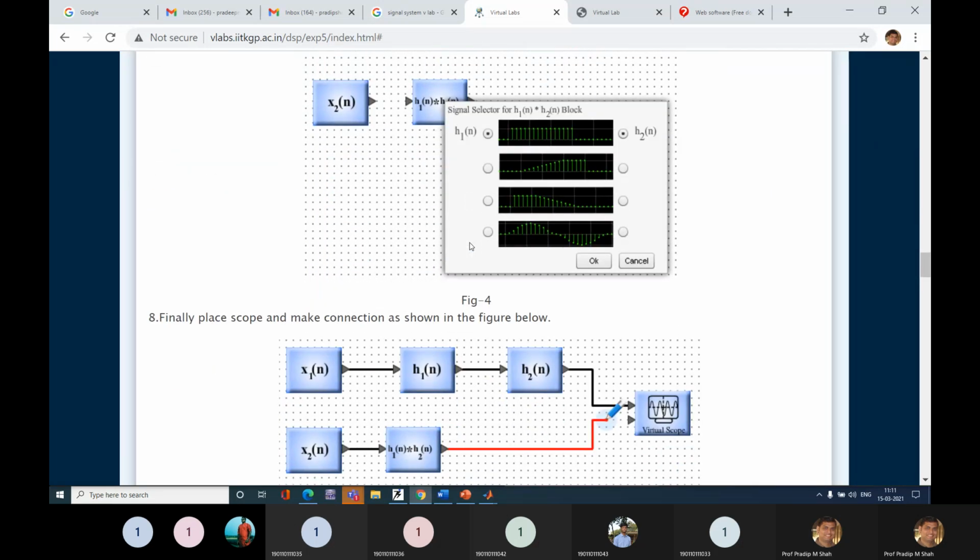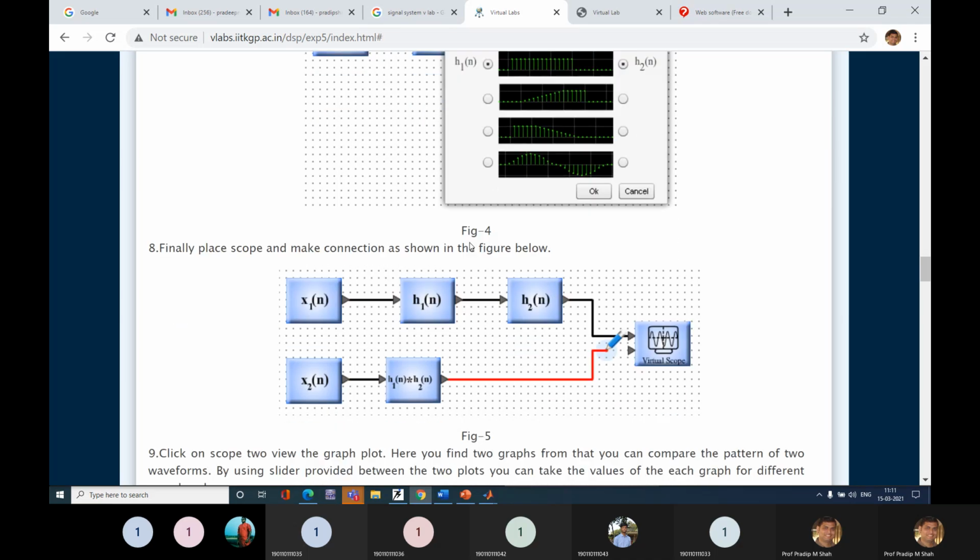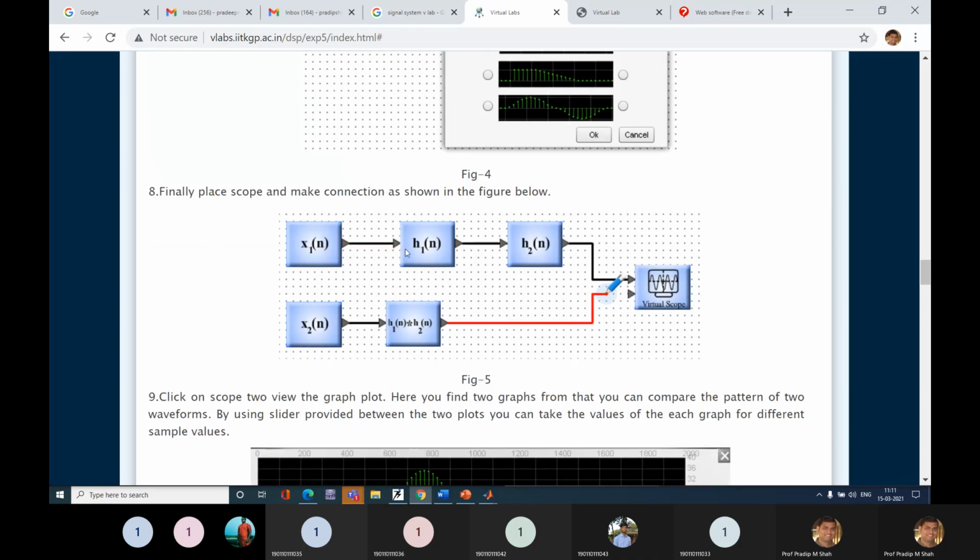You can do all of this because it is a virtual lab, so it is available to you and you can practice at your end also. Finally, you connect it this way. In the upper part I take the two individual systems, and in the lower part I take a single system whose overall impulse response is the convolution of the two individual impulse responses.